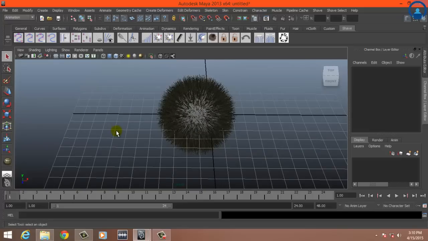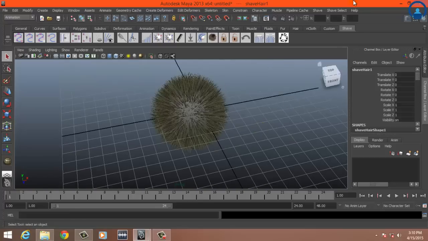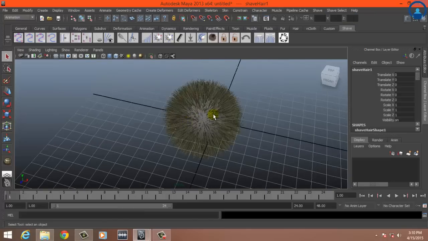You can select the hair from the viewport or go to shave select and it will select the hair for you. There you will see shaveHairShape1. Why would you need this? Well, your object may have five or more different hair systems in your scene. This just makes it easier to select all of them and pick any of them. So throughout the training kit we'll go into a lot of these menu options as well as a lot of techniques. Next, we can look at basic styling.